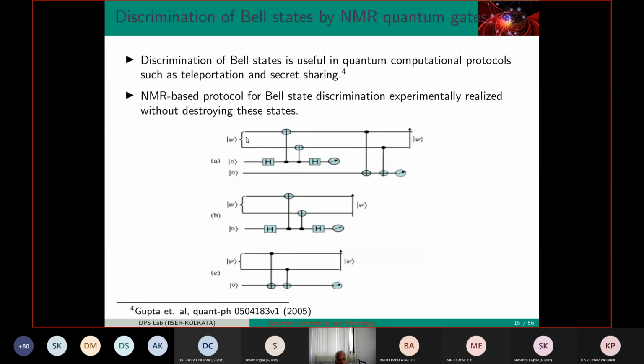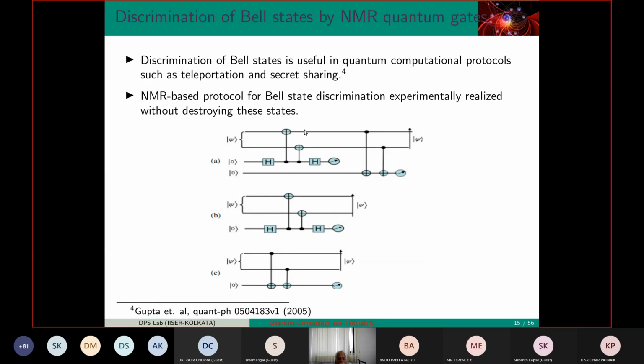So what was the idea? The idea is that you start with the entangled state representing a quantum computer. Bigger things can also be checked. These are the ancilla side lines with the register 0, 0. You take this 0, apply Hadamard, then do a control not, and do another control not, do Hadamard, and you read it. If you find the output has changed, you can actually see: if 0 remains 0, then it is a state which is 0, 0 plus 1, 1 by root 2. If 0 becomes 1, it is 0, 0 minus 1, 1 by root 2.